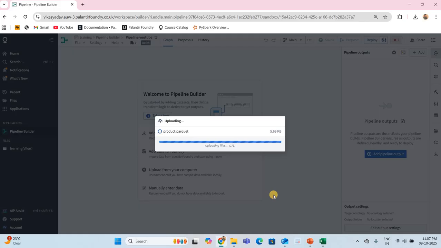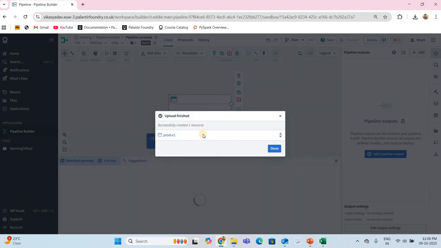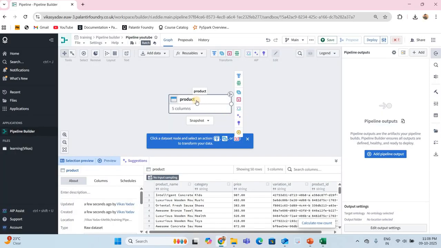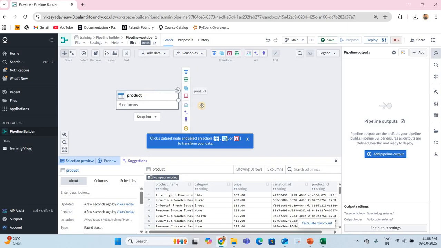Once the file is uploaded, see, this is the product data. Now it has been onboarded. This is the pipeline we are going to create or transform. This is the raw data, and we are going to process or clean this.